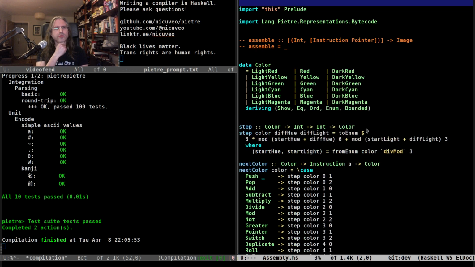This probably should be elsewhere, not directly in the assembly code.